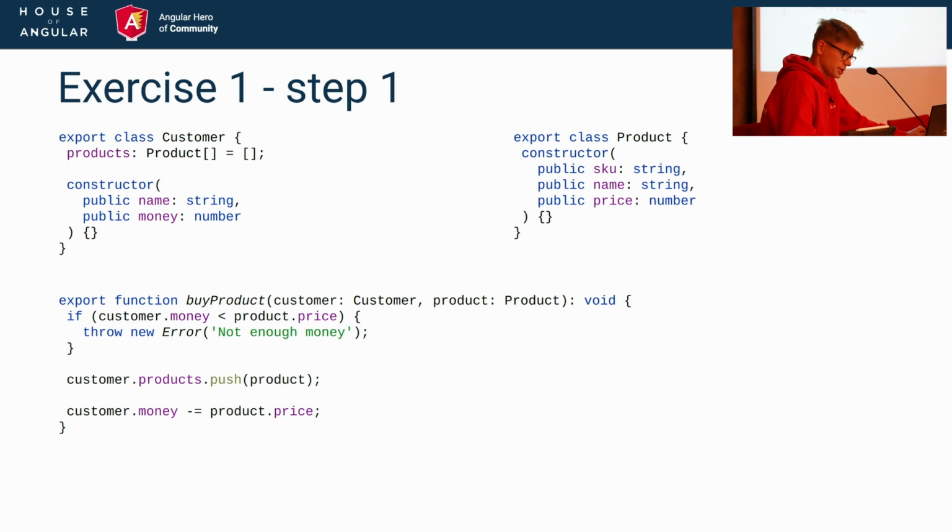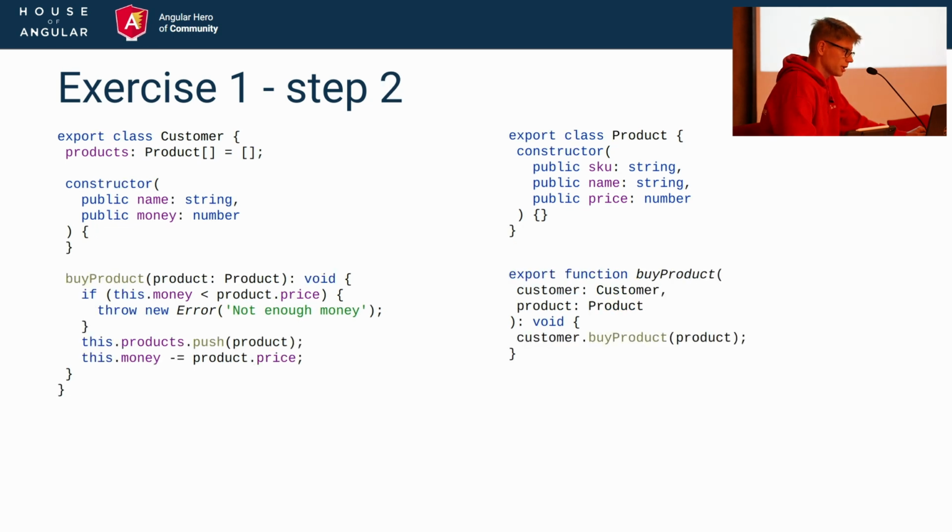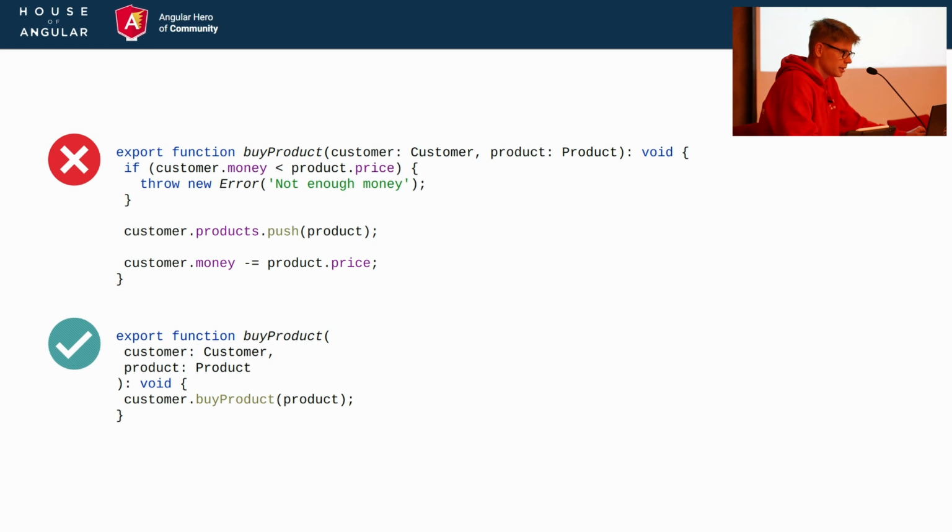What we can do about it, very simple thing, we can move all this customer logic code to the customer object. So we can create the buy product in the customer. And now we see that we don't need to expose anymore the money and the products. But still we see one problem, that the